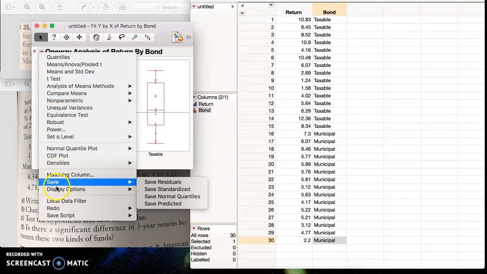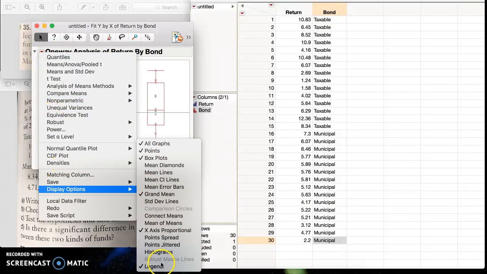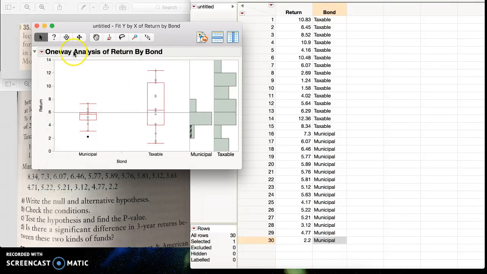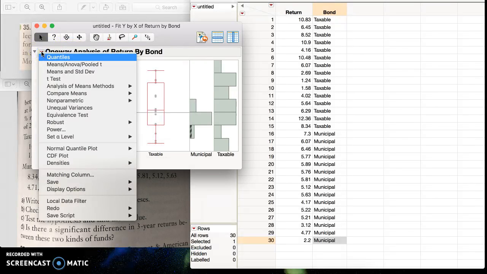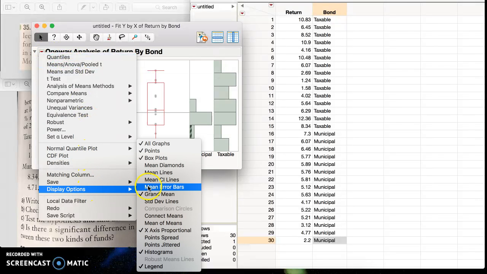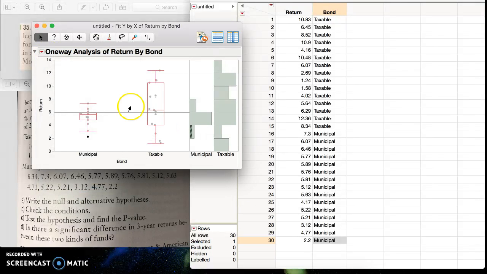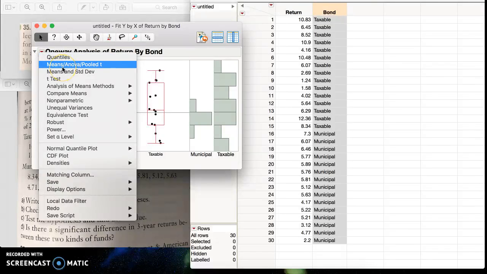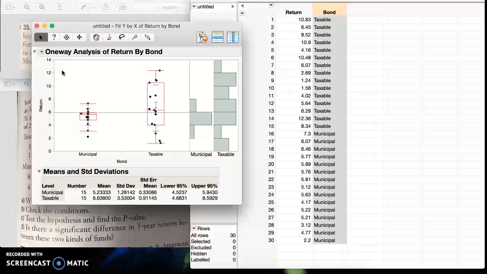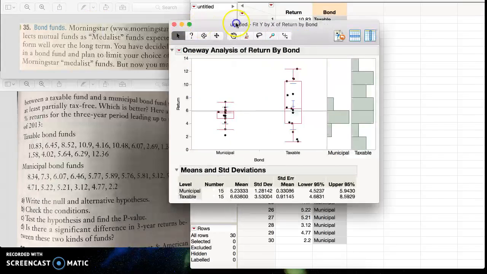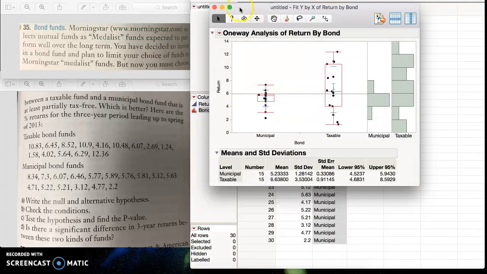Then get our histograms. And then we're going to do points jittered. And now what we're going to do is also go back to the hotspot and grab the means and standard deviations. So after that, we're going to test the conditions, which is what the problem asks us to do in